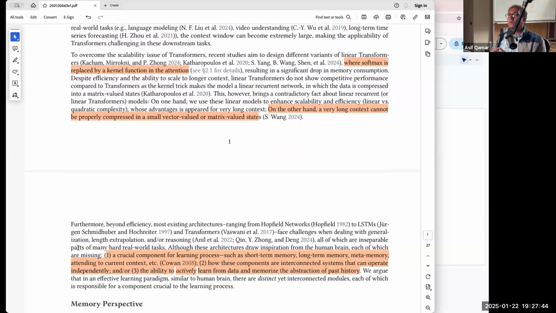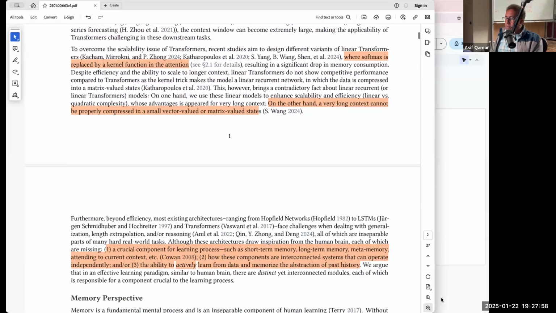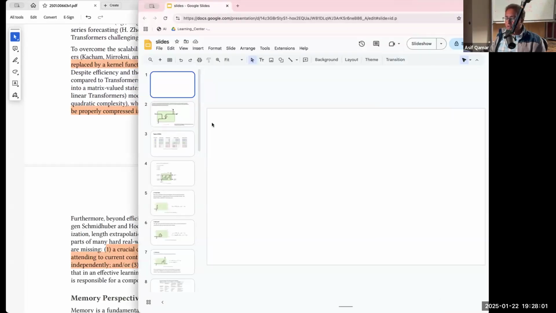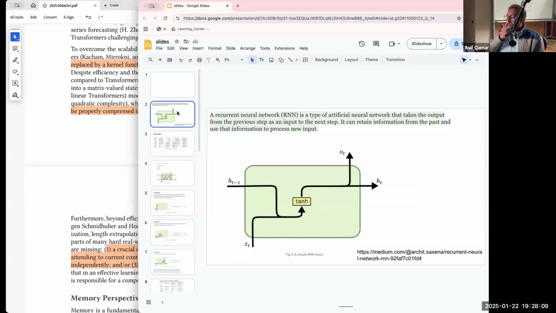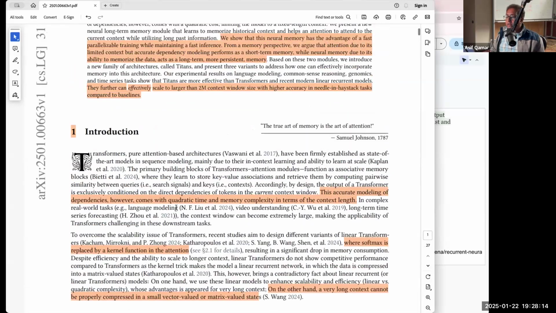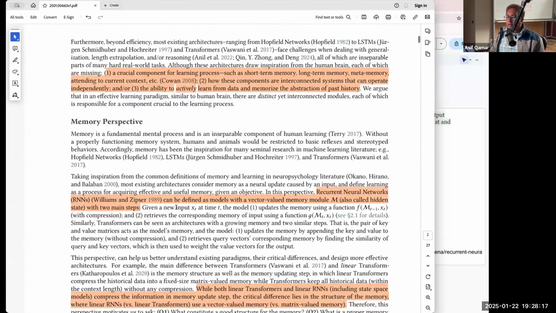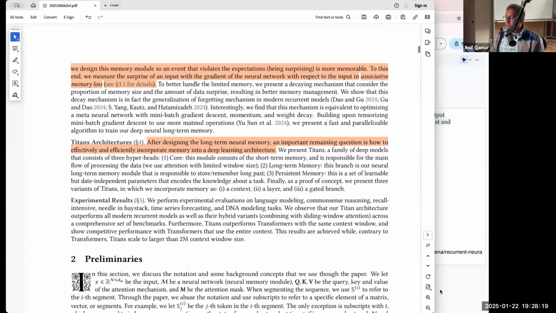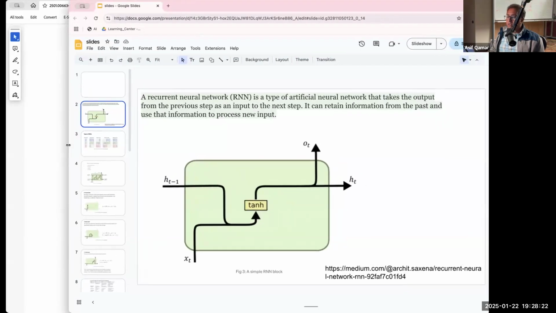So the foundation is, in order to design the long-term memory in this context, in this paper, we need to know a little bit about RNN and LSTM. So I will go through that quickly. Though in the paper they are not going through that, I think some of us want to be a little bit familiar with that, so that when we look at the paper further down in the detail, it will help all of us. So I will go through a few slides here, and then I will jump into the introduction and other topics. So first, let me show some slides as an introduction.